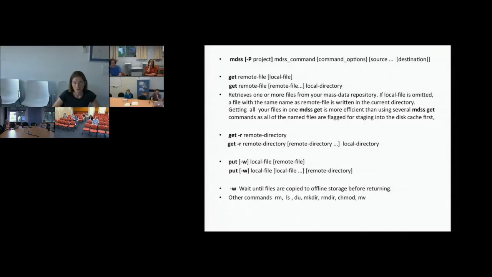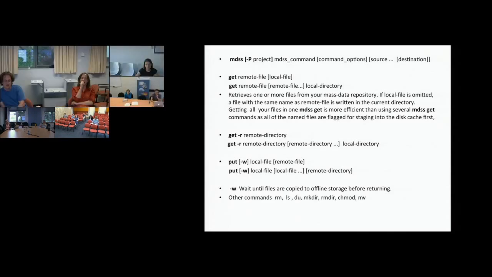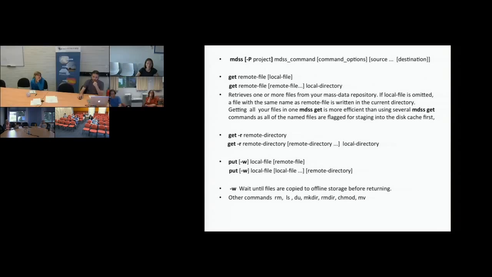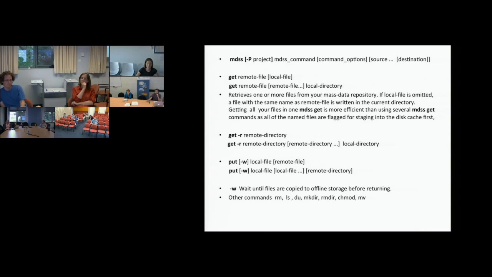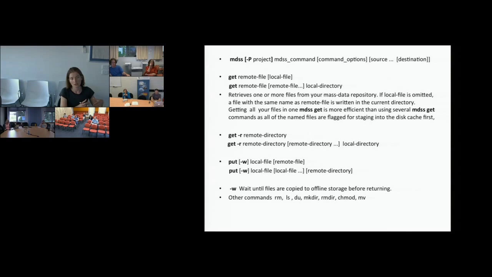Sorry, before we move on, we used to use dc.nci. Is there a reason we use r now instead? Is that a new server? I think it's just for Raijin, so it's got Raijin short instead of DCC's short loaded. So is DC, not DCC, but DC, is there still a place for DC in data transfers? Well, I think DC was doing the same thing for DCC. But I suppose once DCC gets dismissed by the end of the month, it will be the same for DC. But as far as I understand.